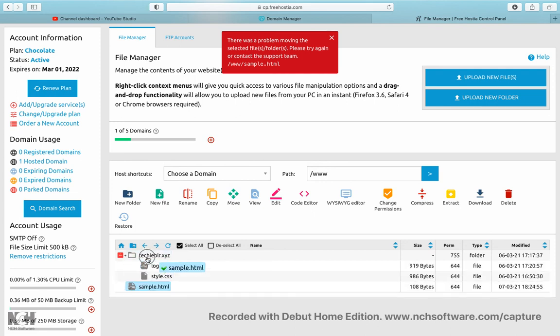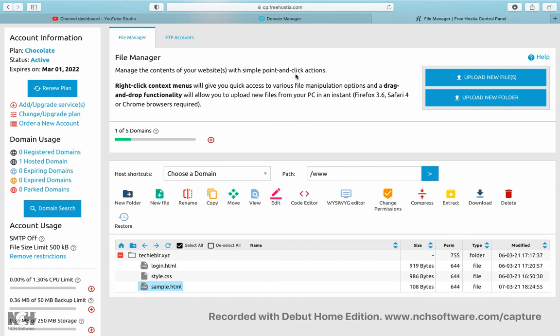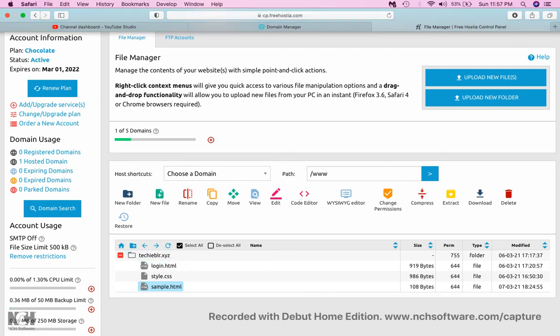I think it is already here. Okay. I just moved it under the same folder. The point of moving that into the same folder is that I'm creating it for this particular domain. If it is all in the same folder, it will be easy for me to access, and their functionality will also be better.